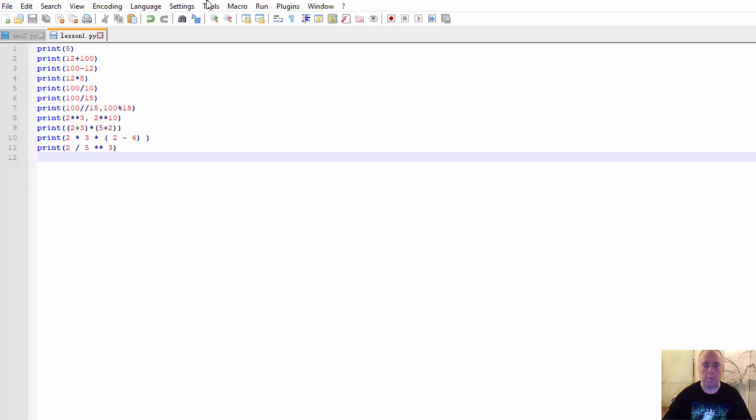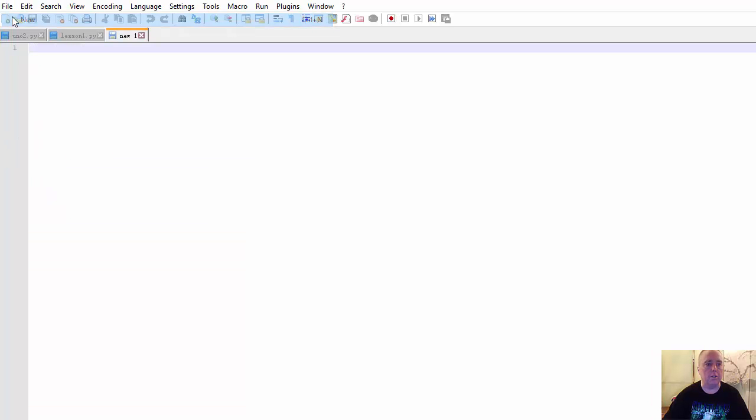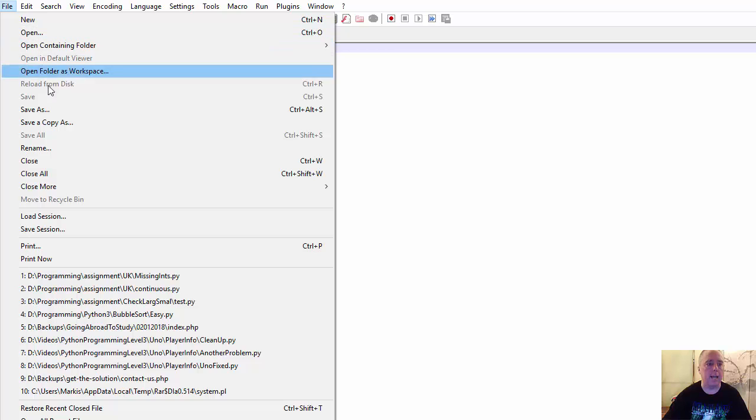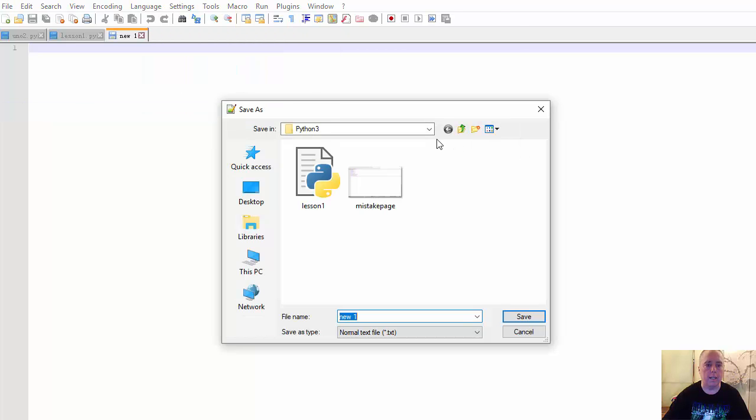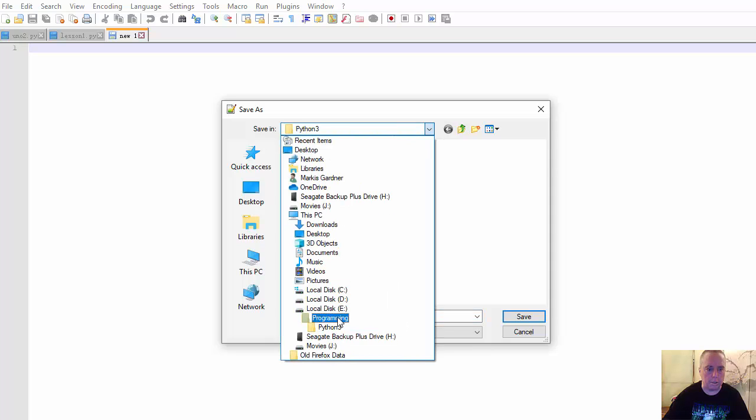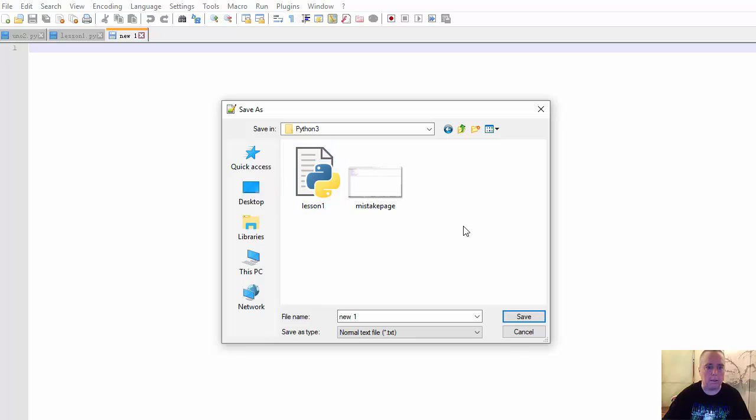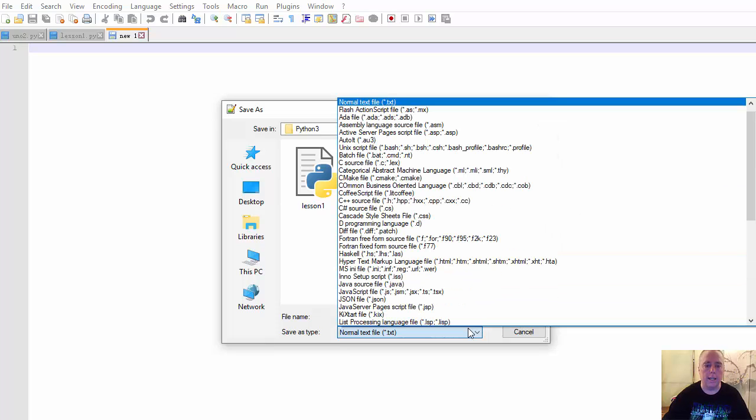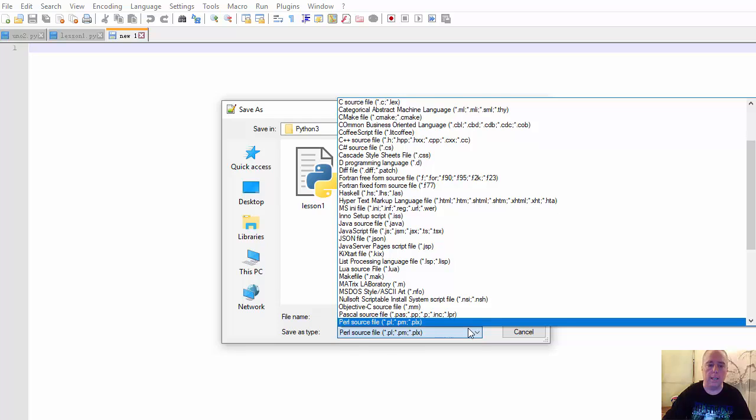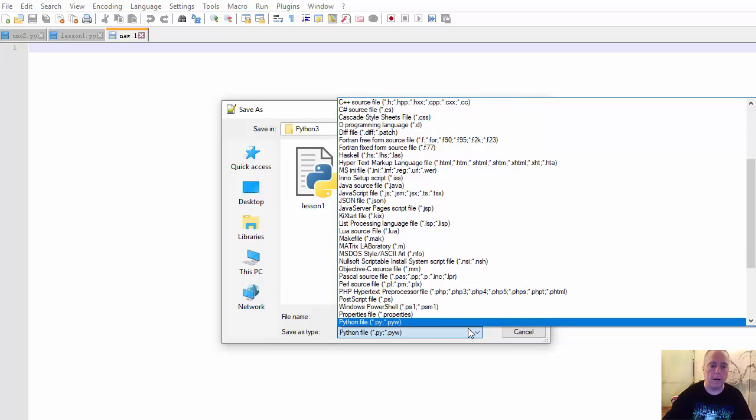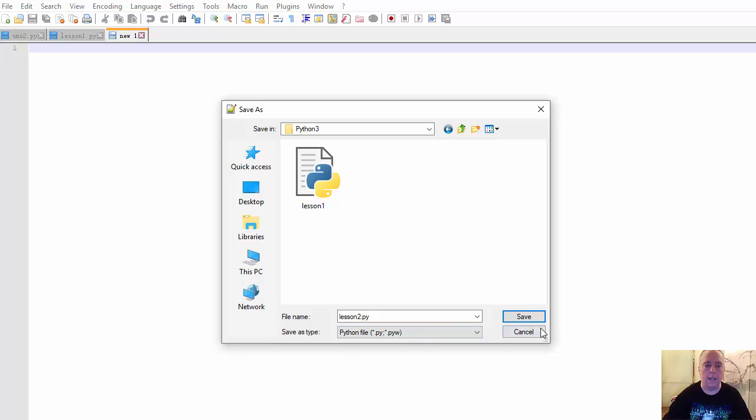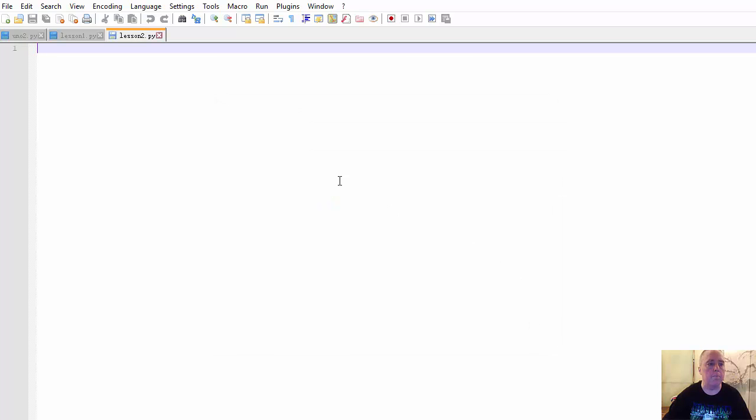Bring up your Notepad++ or whatever it is you use for your text file. Hit File, New, and then File, Save As. Let's put it into Programming Python 3, Lesson 2. Then hit P, go down to Python file, hit enter and click save. Alright,